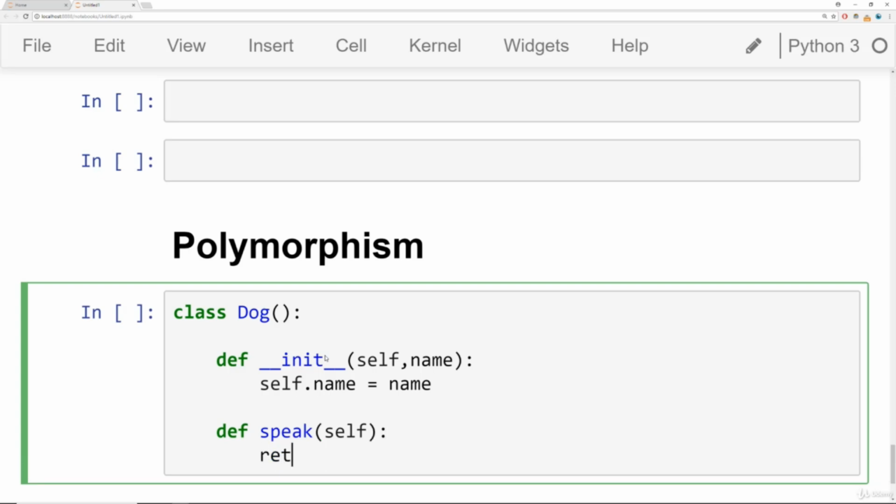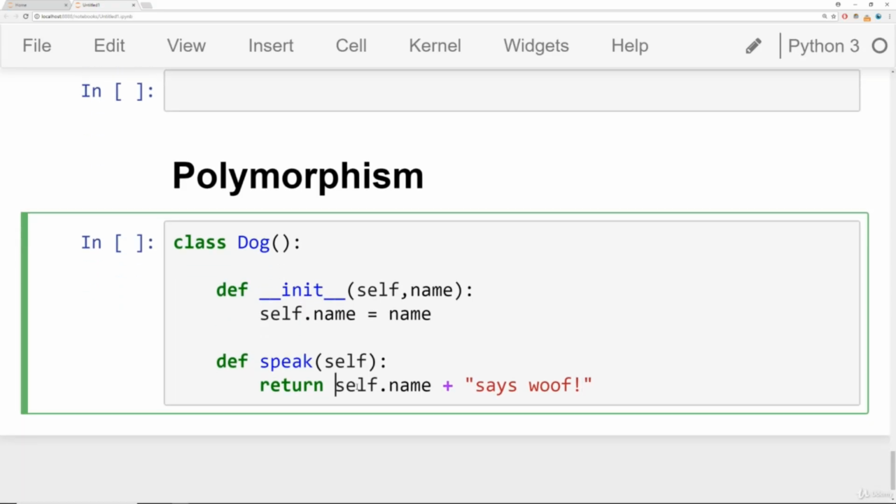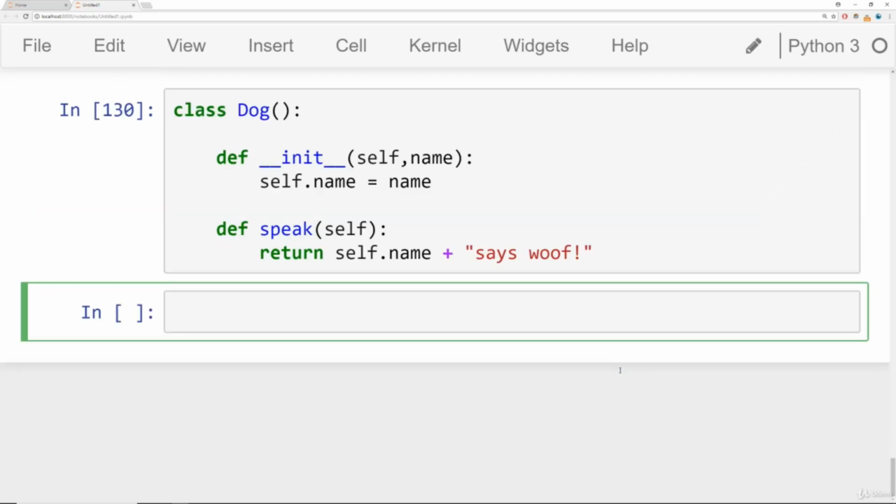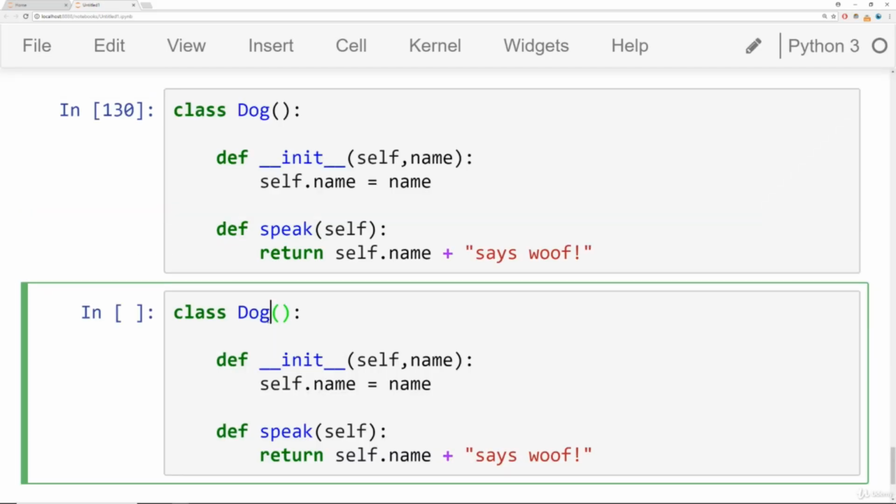And in this case, when it speaks, it's just going to return its own name, so self.name, plus we'll say says woof. So when the dog actually speaks, it reports back whatever name you assigned it, and then says woof. And I'm going to copy this, make sure I run this cell, and right below it, I'm going to create